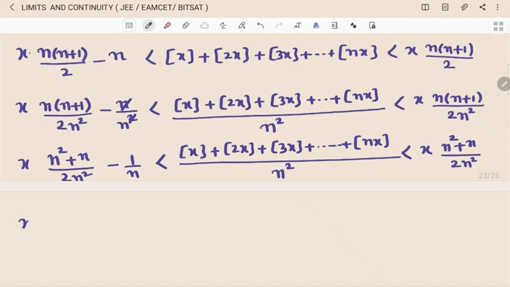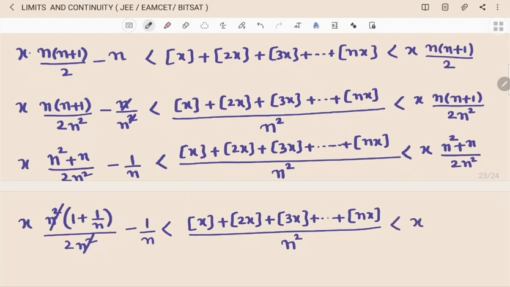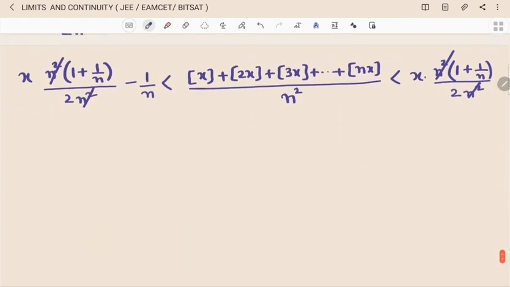So next step, x into n square I am taking common, 1 plus n by n square means 1 by n divided by 2n square, here n square get cancelled, minus 1 by n is less than step x, step of 2x, step of 3x plus and so on, step of nx divided by n square is less than x into n square take common, 1 plus n by n square means 1 by 2n square, n square get cancelled. After that, to get the required limit,